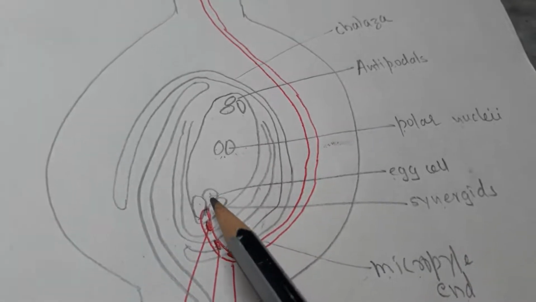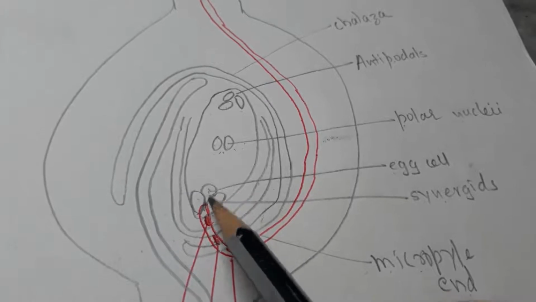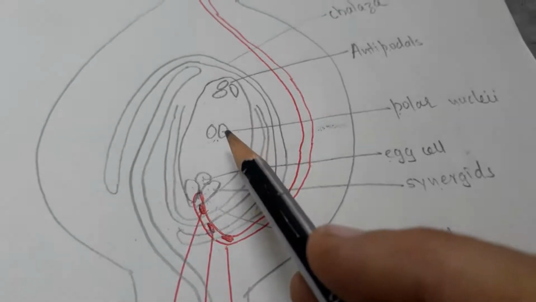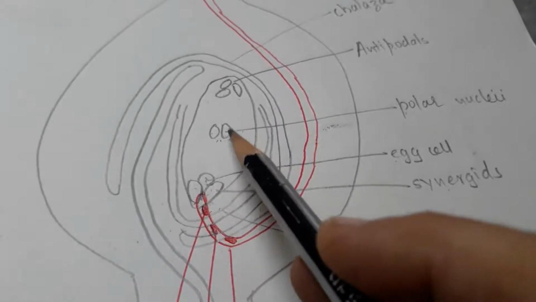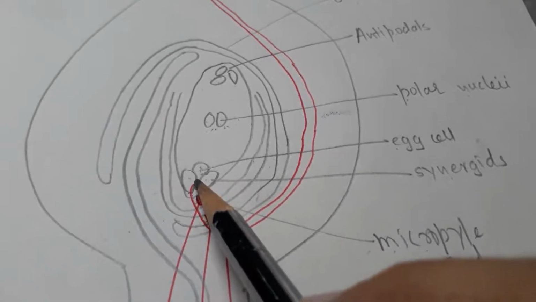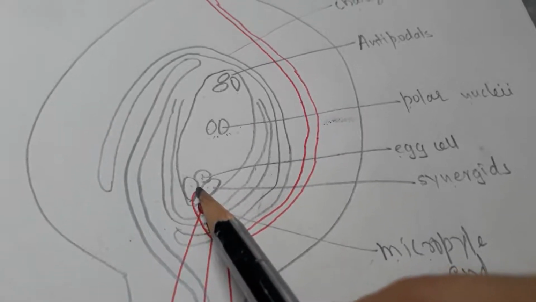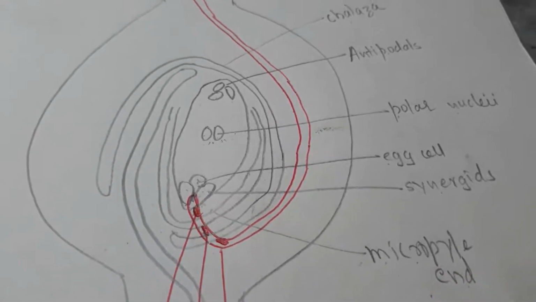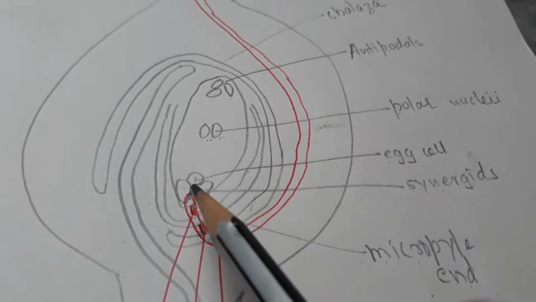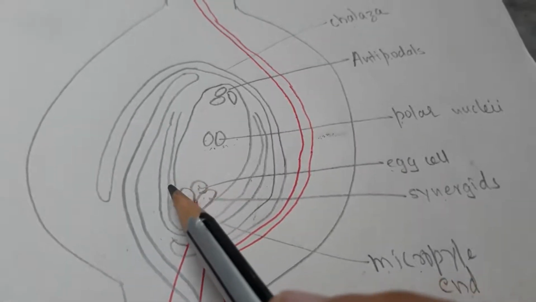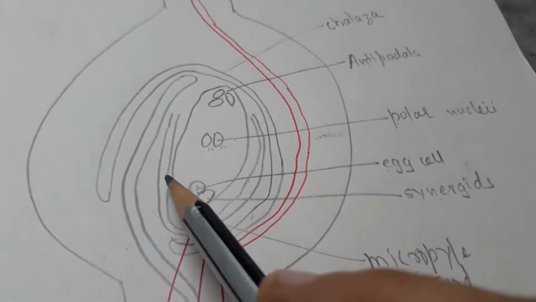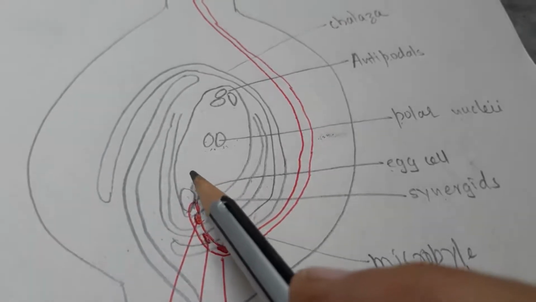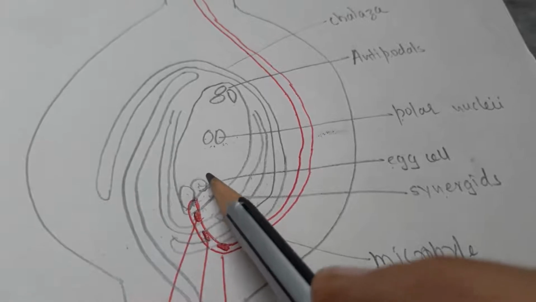Here fertilization is taking place by one male gamete, and another male gamete is coming and fertilizing the polar nuclei. So fertilization is taking place at two places, and hence the name of this process is double fertilization. What is the result of all this process? The fertilization taking place over here is the true syngamy. As a result, the embryo or the zygote is formed and this is going to become the baby plant in future.